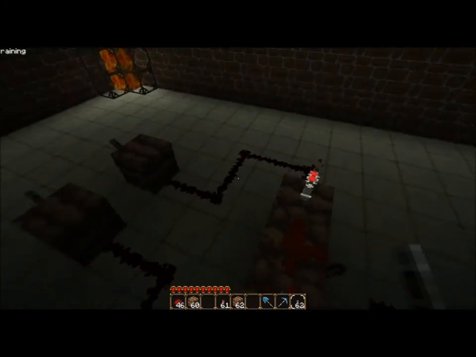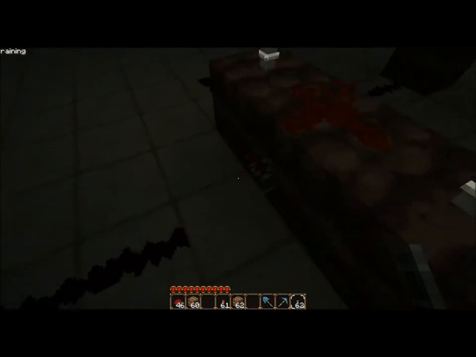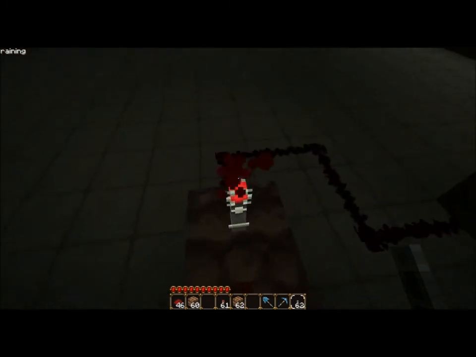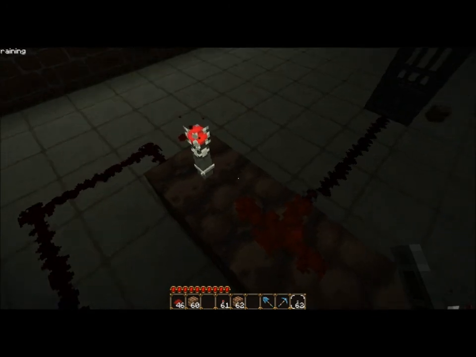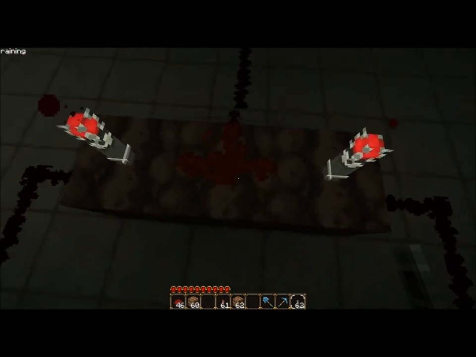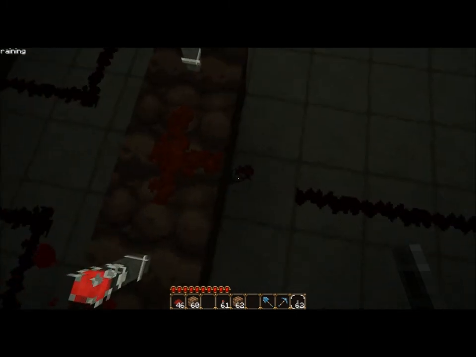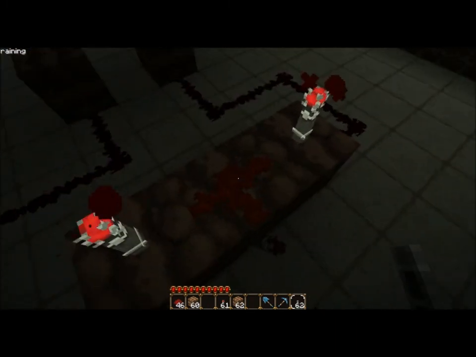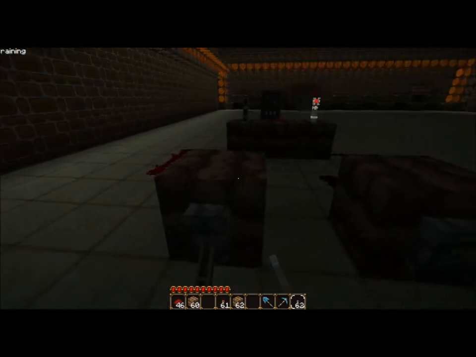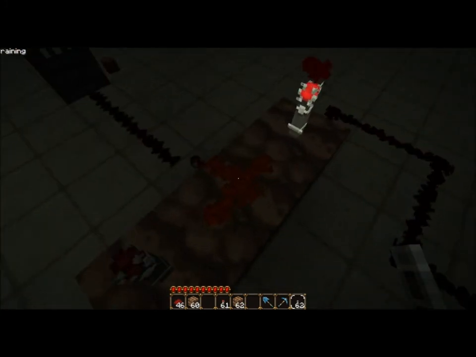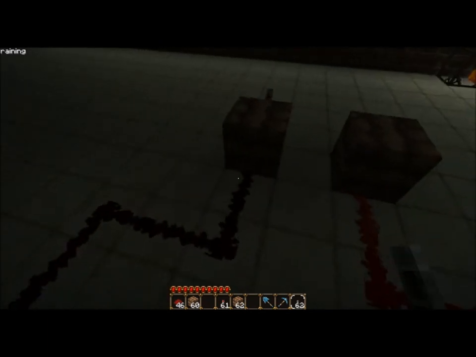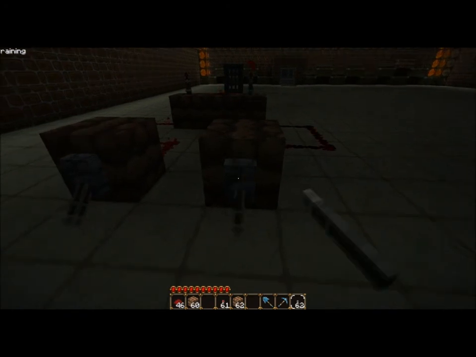But yeah, this is powering this torch, so this is off, and nothing is powering these torches, so naturally they're on, powering this redstone in the middle, which is powering that, you know, all around. Now if we give this one power and shut it off, this is still lit because of the second one right here. And if we unpower that,